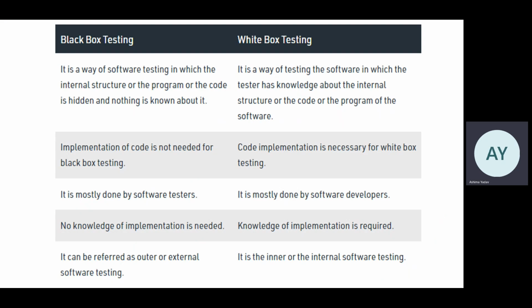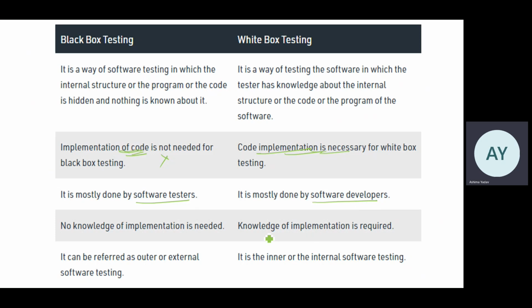So these are the points related to black box and white box testing. Inside the black box, the implementation of code is not needed, so they can be mostly done by software testers. Here, the code implementation is necessary, so they are mostly done by the software developers who are developing the code,